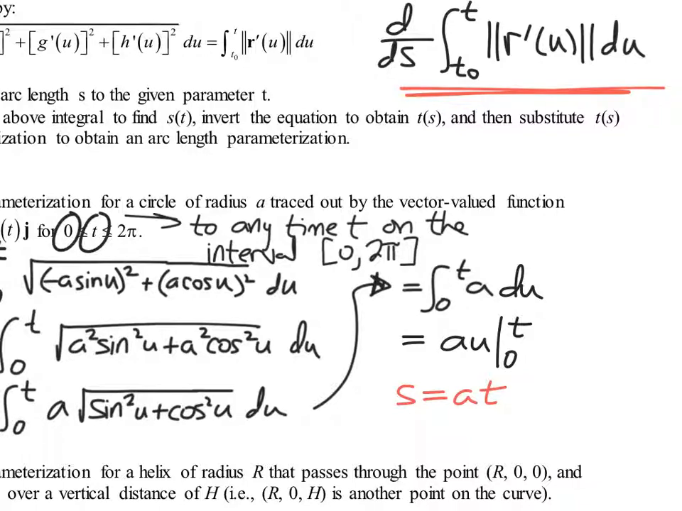All right, and that's really all we were looking for, because if I want to reparameterize, or you could even say deparameterize, it's a question of changing the parameter from one variable to another. It's in terms of t, I want it to be in terms of s. I now have a relationship between s and t. So I can now say that t is equal to s divided by a. And that would make my new function